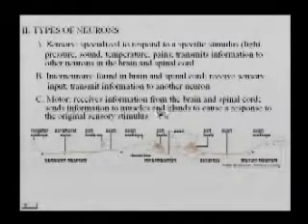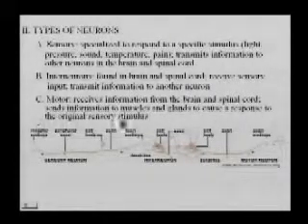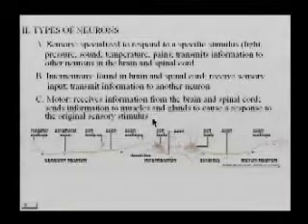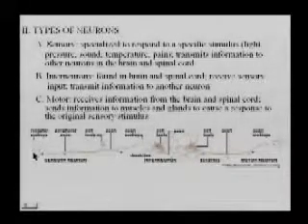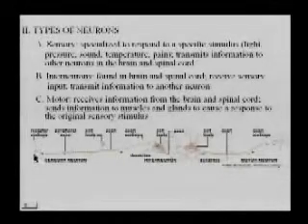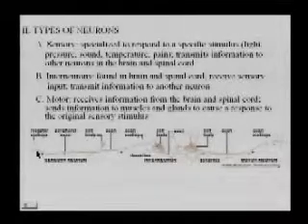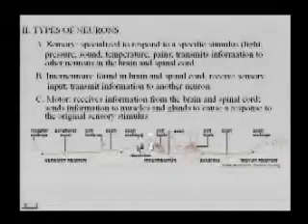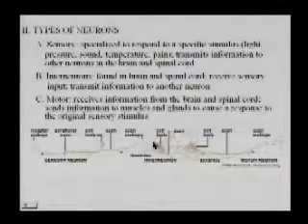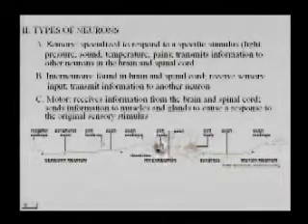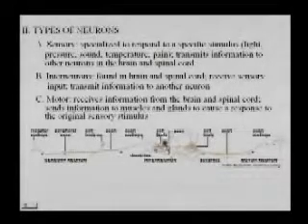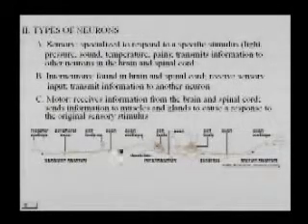And then the motor neuron receives the information from the brain and spinal cord after it's been integrated, and sends that to the muscles and glands to cause an appropriate response to the original sensory stimulus. So the receptor endings of the peripheral process of the pseudo-unipolar sensory neuron, also called the primary afferent neuron because it's the first one in the sensory circuit. The first interneuron to receive that information can be called the secondary sensory neuron or afferent neuron because it's still carrying